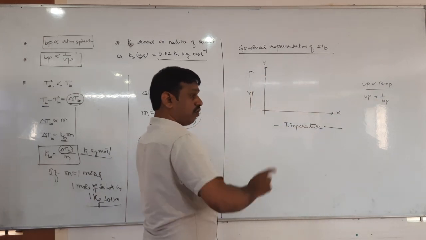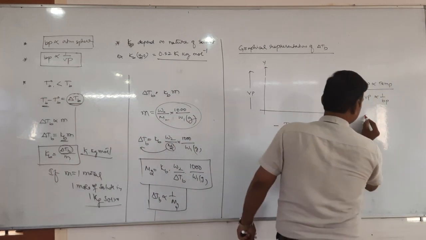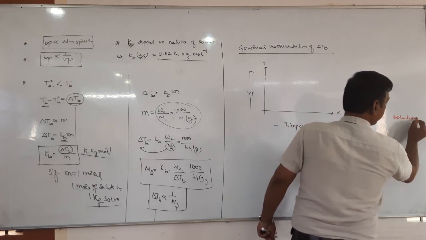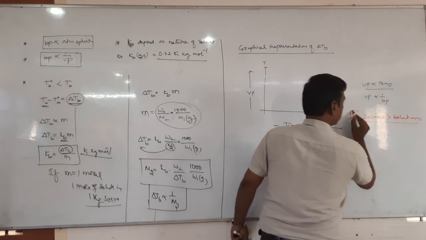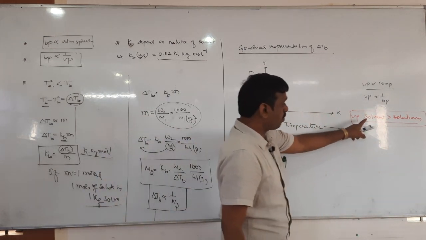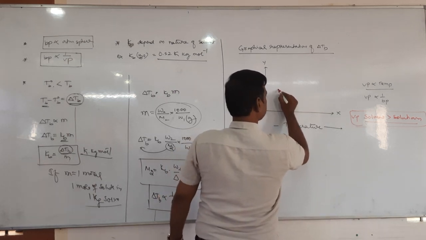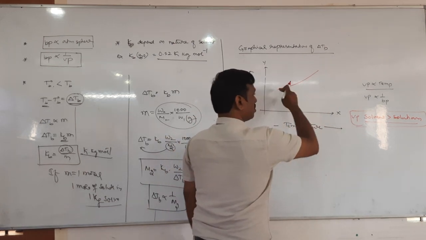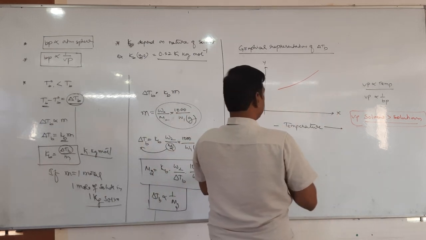Now we have one, a solvent, and second one, a solution. Among solvent and solution, whose vapor pressure is more? The vapor pressure of solvent is always greater than vapor pressure of solution. Obviously, right? That's why, if you plot the graph you will get like this. Vapor pressure increases as the temperature increases. It is directly proportional. And this is for pure solvent.